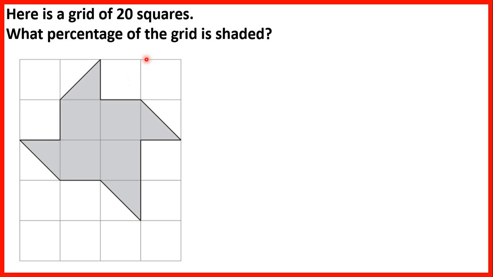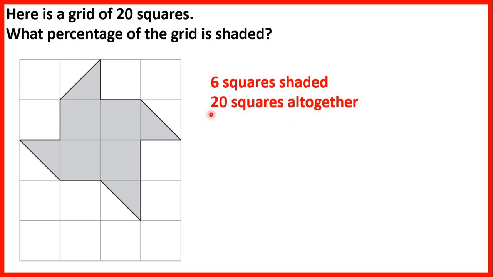First, let's count how many squares are shaded. We have 4 whole squares shaded, but we also have 4 half squares shaded. Remember, 2 half squares will make 1 whole square, so we can put these 2 together to make a square, put these 2 together to make another square, and we have 4 squares in the middle, so that's 6 squares shaded altogether. And we have 20 squares in total, so as a fraction we have 6 over